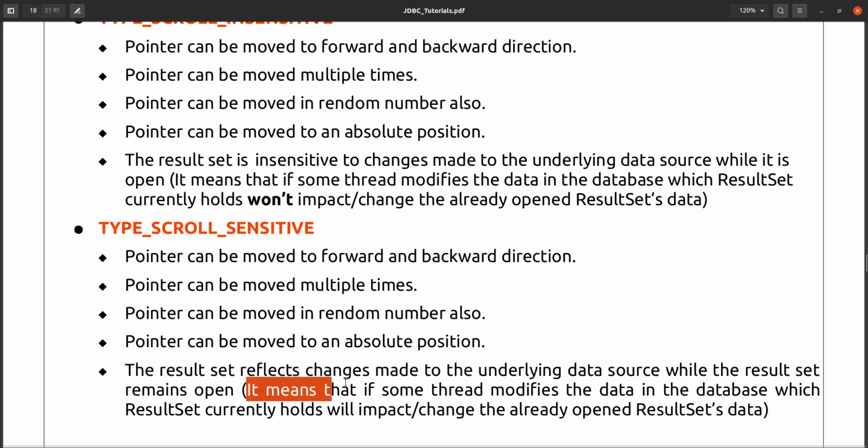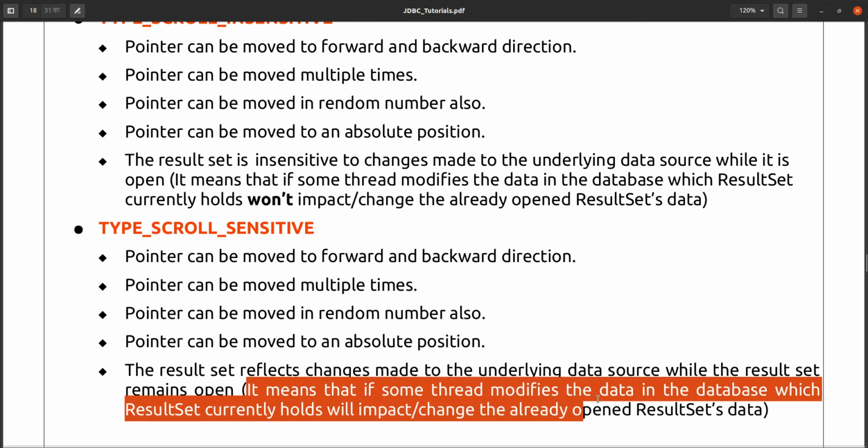It means that if some thread modifies the data in a database which the result set currently holds, it will impact the already opened result set data. Whenever the data is changed in the database by some other thread, immediately those changes will be reflected in our result set. This is the meaning of type scroll sensitive.